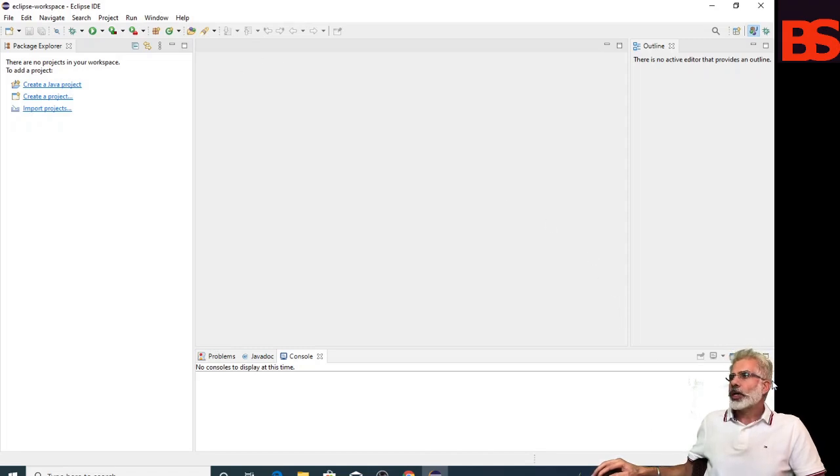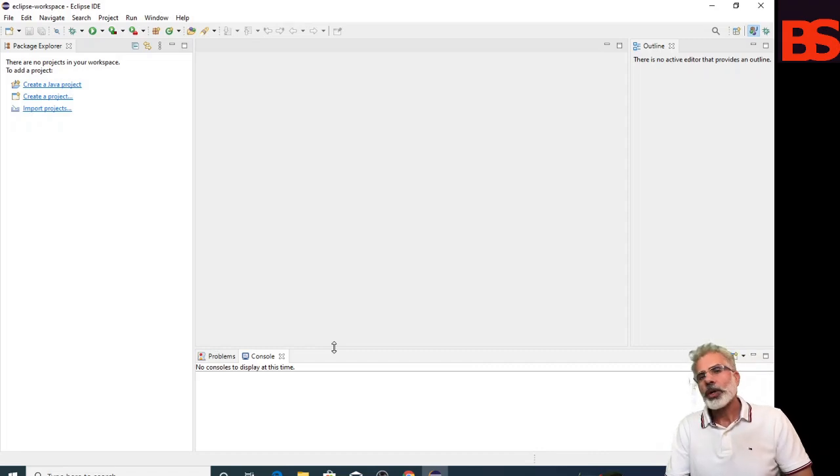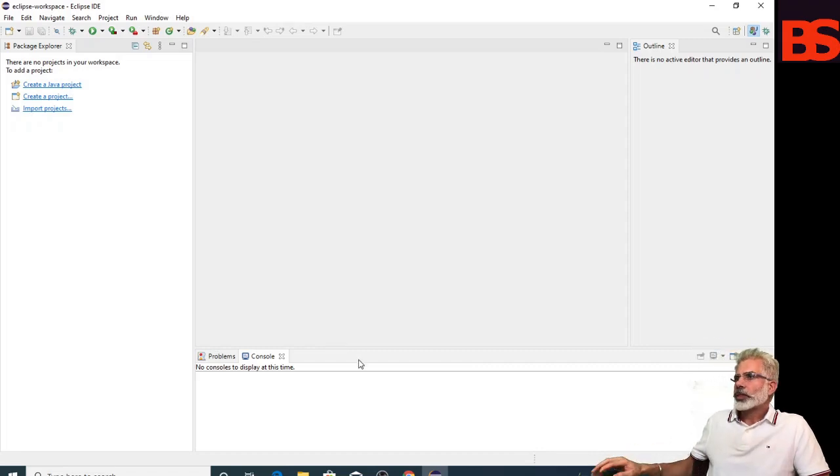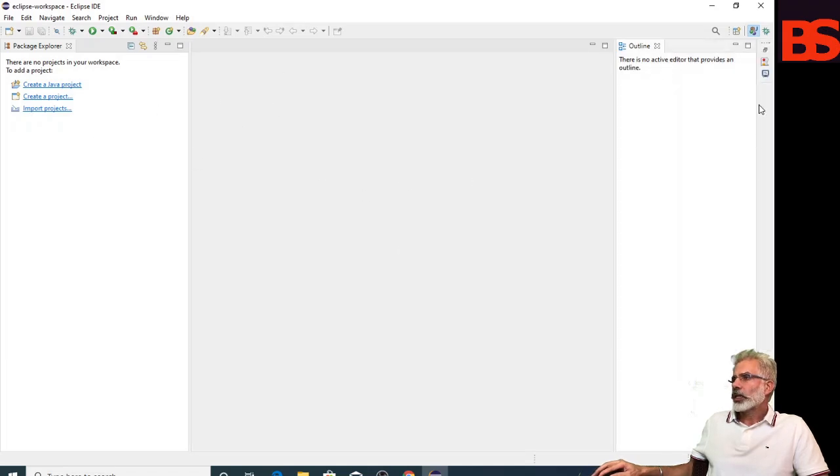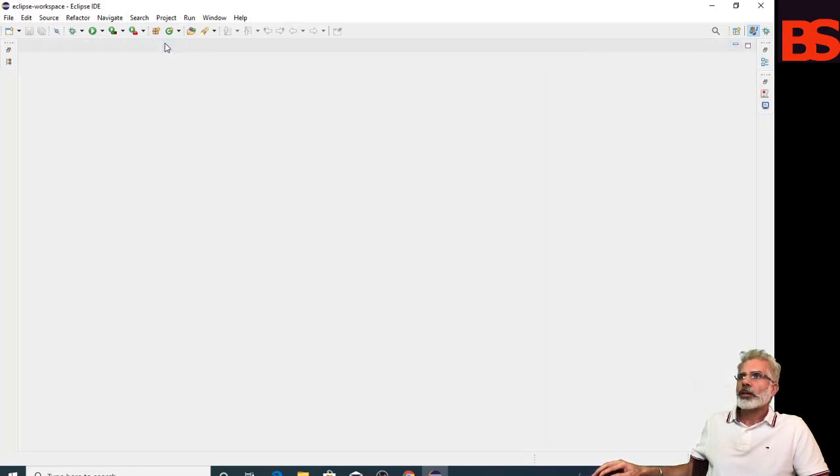If you want to close any view, like Javadoc, you can activate that view and click on close, and now you can see the Javadoc view has been closed. If you want to minimize and extend the work area, you can minimize all view folders.